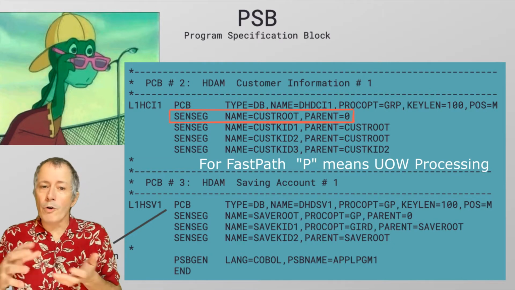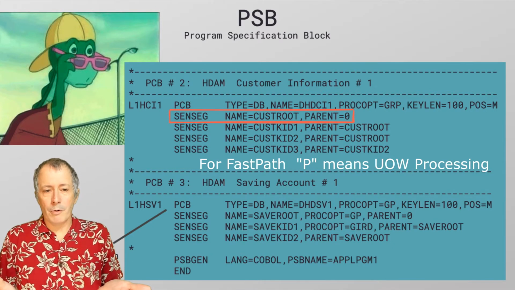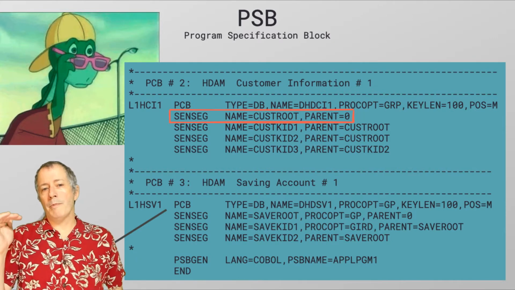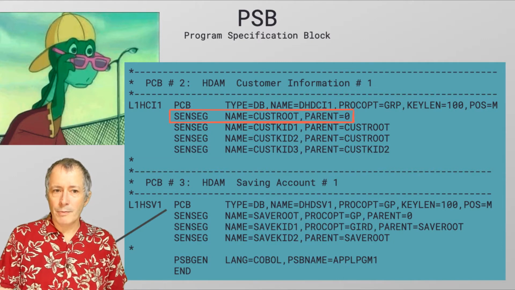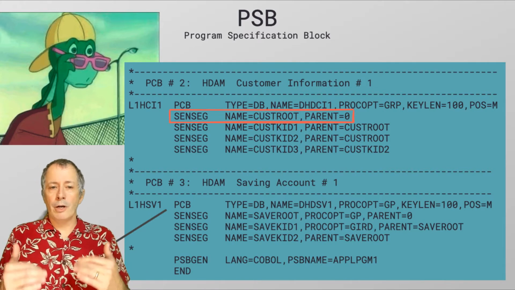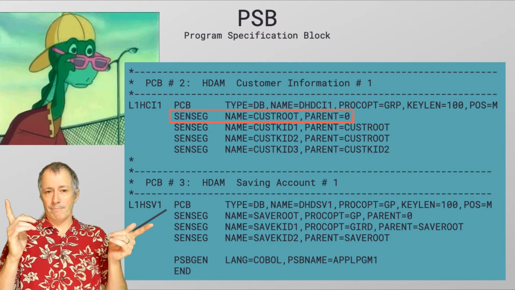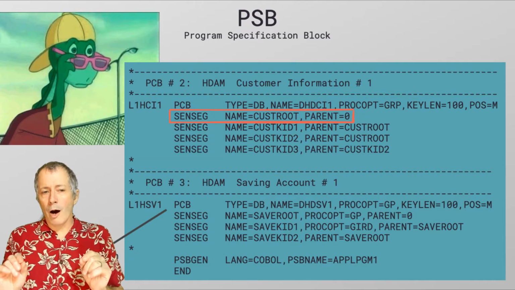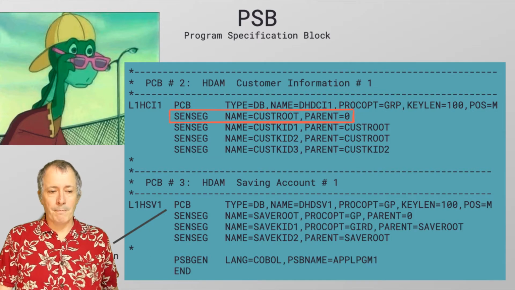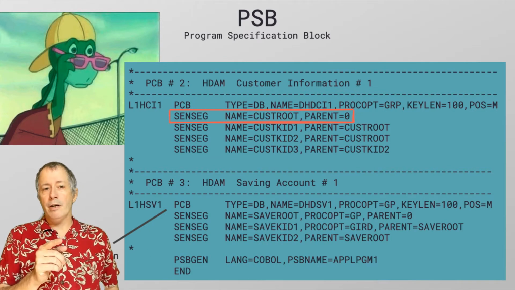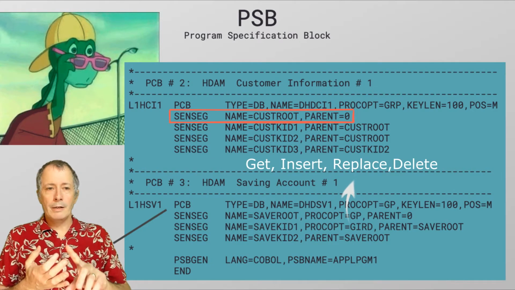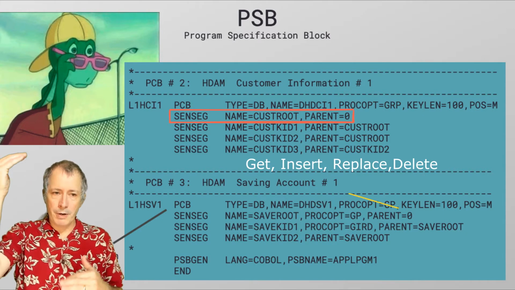P means unit of work processing, or UOW processing, for fast path databases. PCB number 3 has a proc op of GP on the PCB level. However, each segment is coded with a proc op which mostly overrides the one on the PCB. There are certain options that apply to the PCB, and those are not overridden. In this example, save kid 1 allows get, insert, replace, and delete, which overrides the GP that was coded